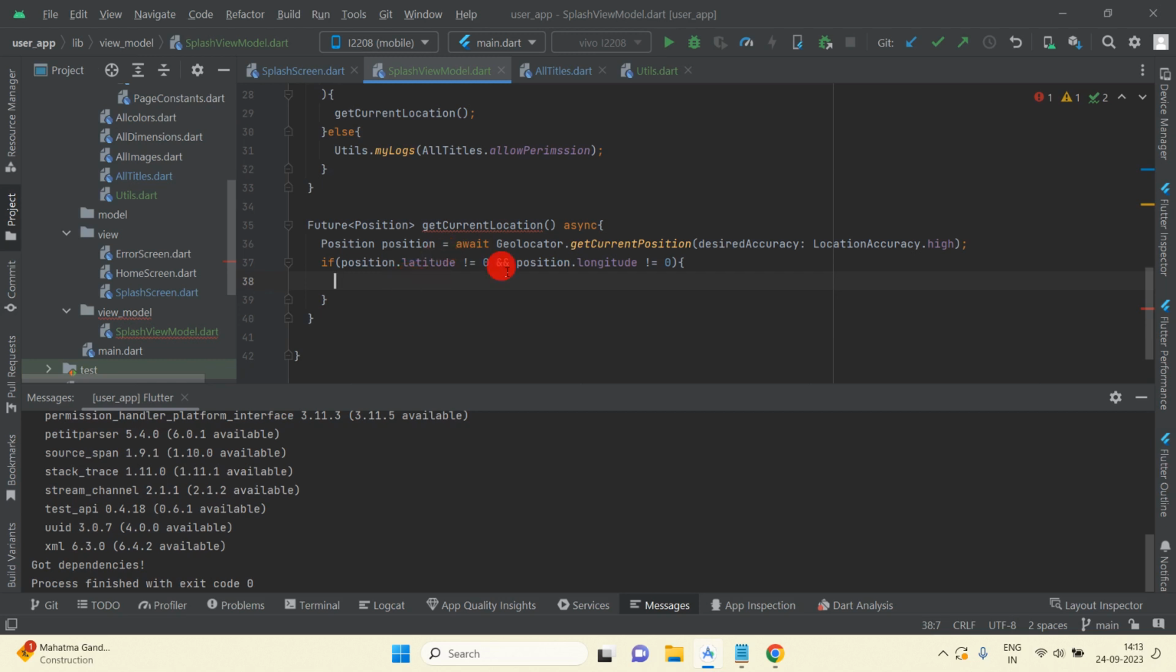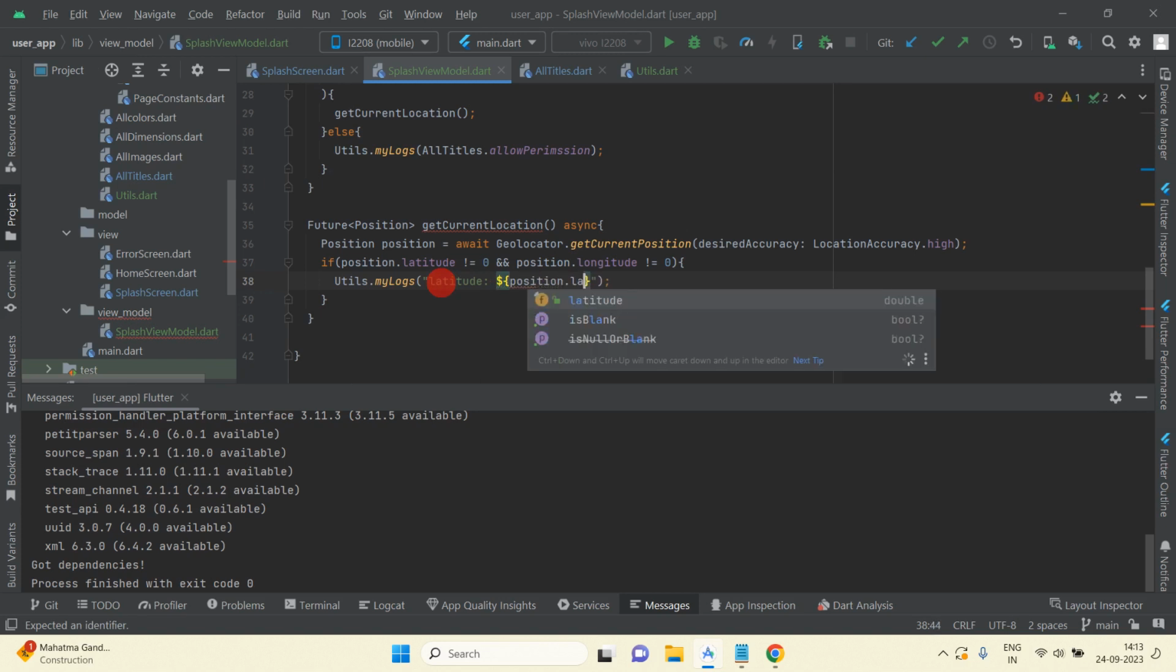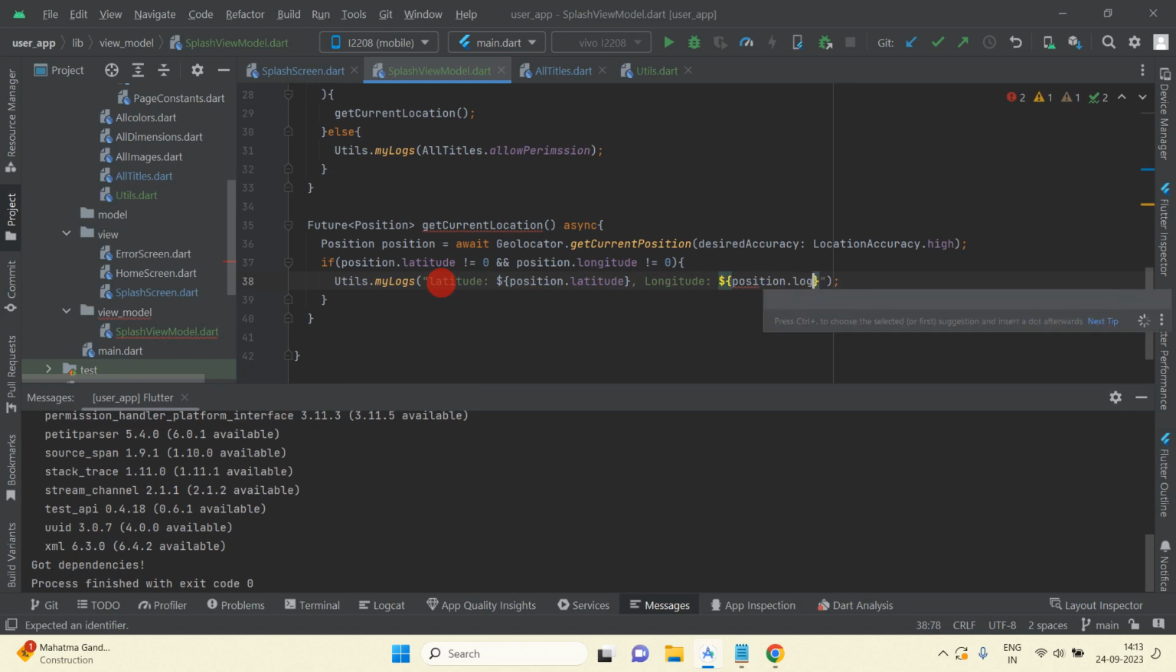But before that I am going to print this latitude and longitude here. So here just write utils.myLogs, and then I am going to pass latitude, and then latitude will be position dot latitude, longitude, position dot longitude. Okay,